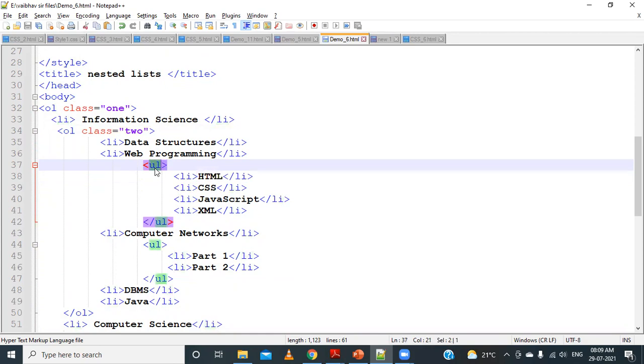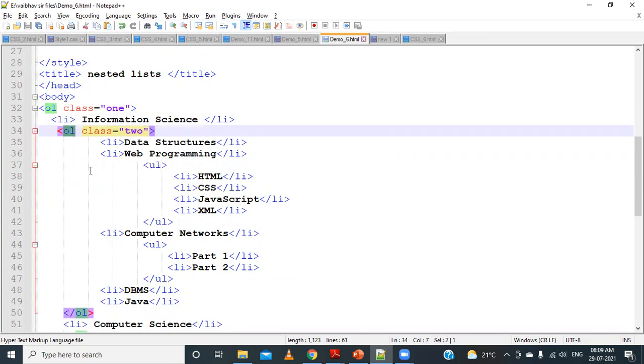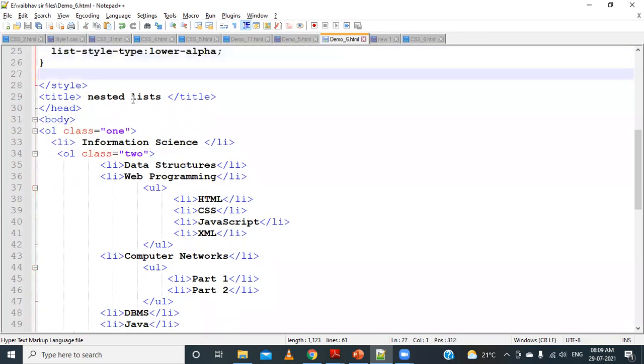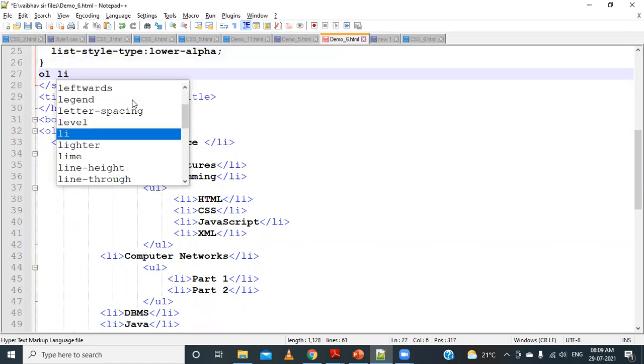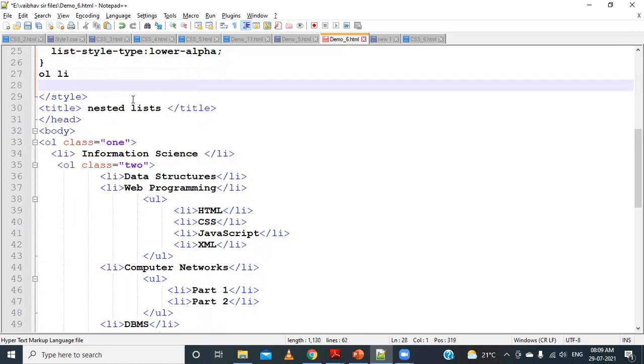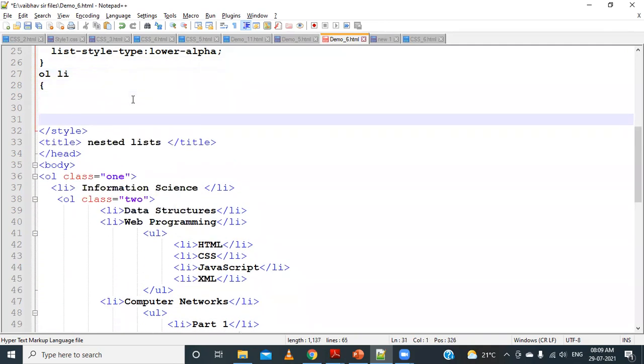For this, we have applied the unordered list and list properties. Similarly, if I want to apply a list property for all the lists which are inside an OL, how can it be done? That can also be done in this way. I will use OL, and then inside that I will say LI, and then we can set the properties.